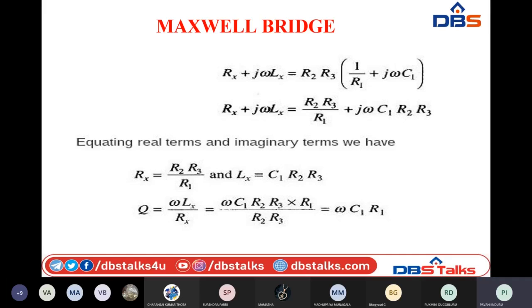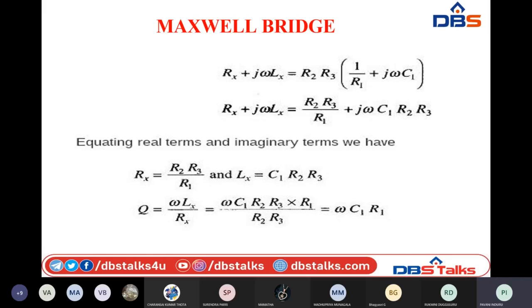So that means whenever we compare this unknown inductance with the known standard capacitors, we will be able to obtain the expression for Lx. This is a very simple method for obtaining unknown inductance values with the help of known capacitors and resistors, which are placed in different arms of Maxwell's bridge. So this is how we are able to determine the inductance value by using Maxwell's bridge.